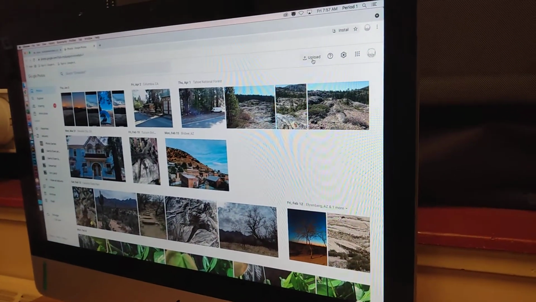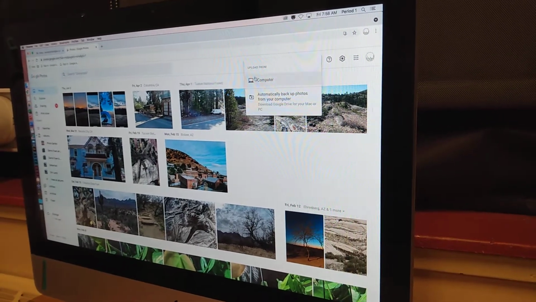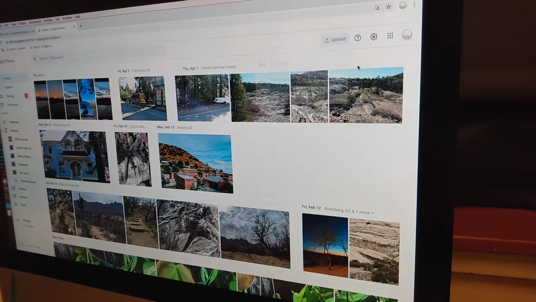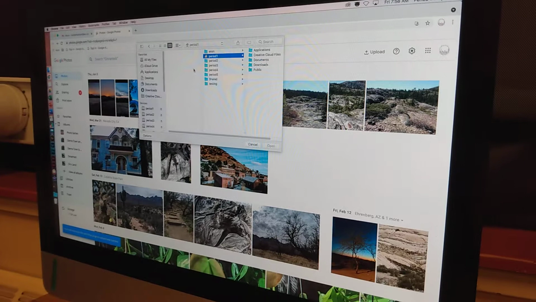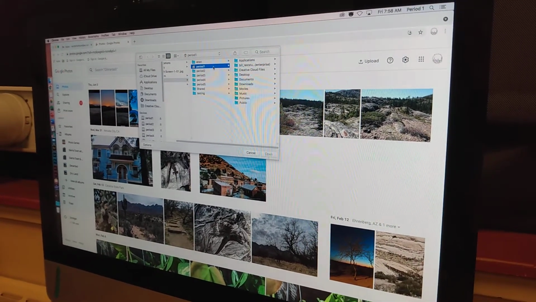Okay, we're going to upload all that. And this is a good way to back up your photos. I mean, I think the computer should be able to handle keeping your photos, but it's always good to have backups. So I go into period 1,